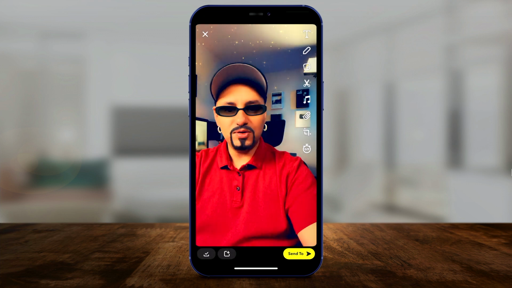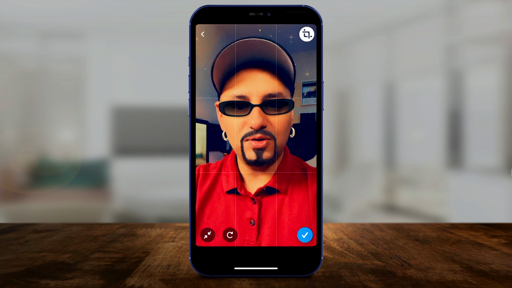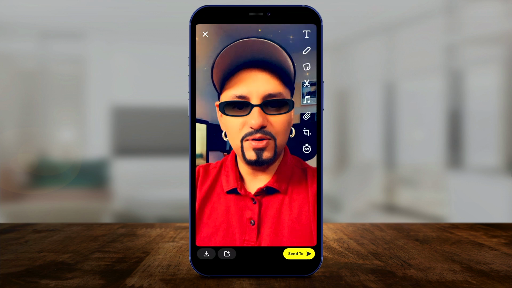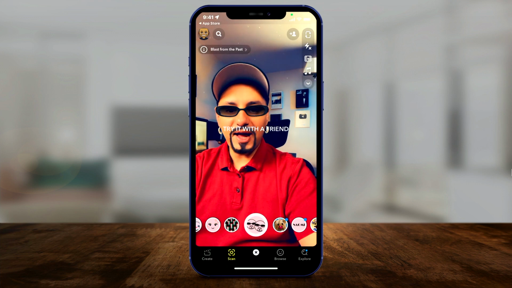Story is the social aspect that I'll explain in a second. And then you could send it again as a message, we'll do that in a second as well. And you also now have a crop option that I don't think I showed you before, but you could crop images here. So you could frame them a little better like this and press the check mark. And now this is your new framing. Again, I'm going to discard this one as well, abandon, and you're back to this page where you